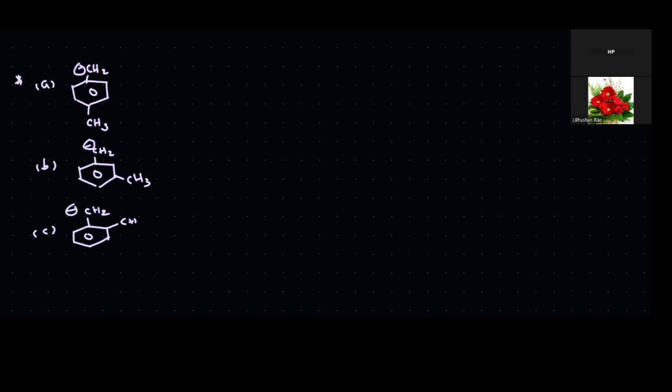So these are the three compounds given. In these three compounds, which one is more stable? How do we identify it? Here one CH3 group is present at the para position with respect to this group. Now here hyperconjugation dominates more than the